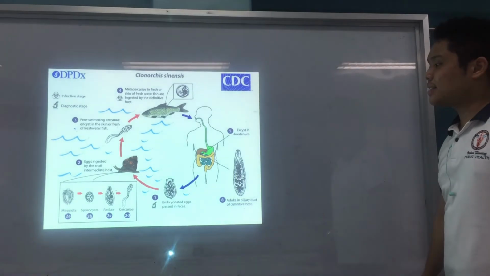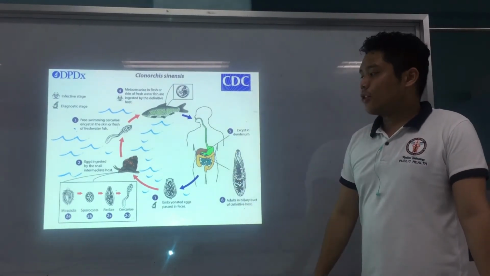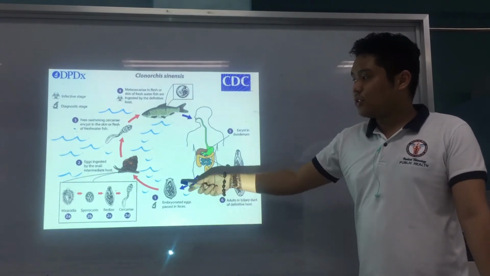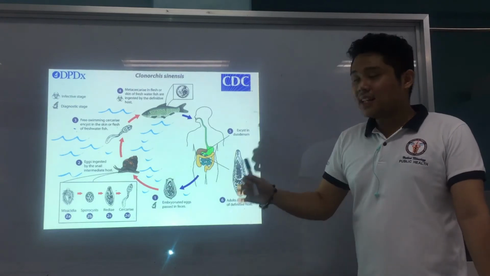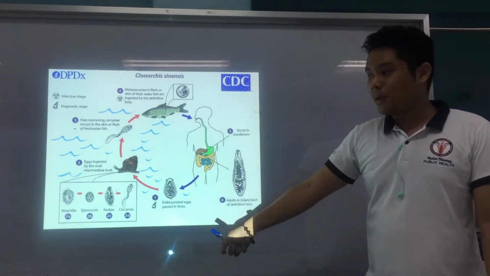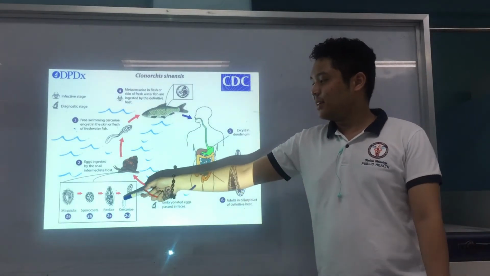Okay, life cycle, again, starting with embryonated eggs. The patient ingests the Clonorchis sinensis eggs. It goes into the water. It's ingested by the snail, which is your first intermediate host. And in the snail, the eggs hatch and develop into the larva. Right, Miss RC? Okay? And once the